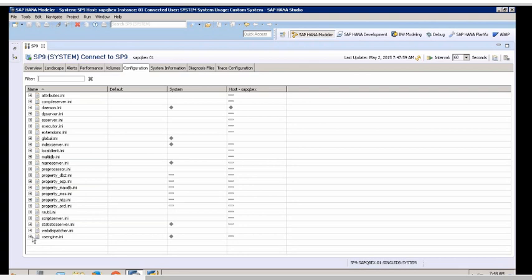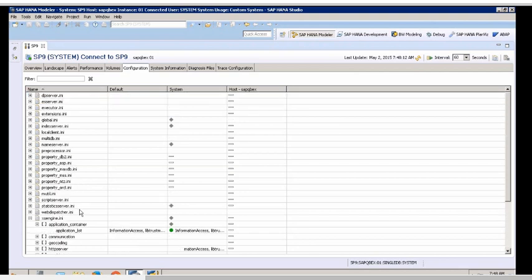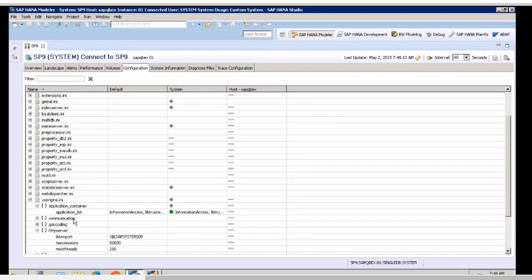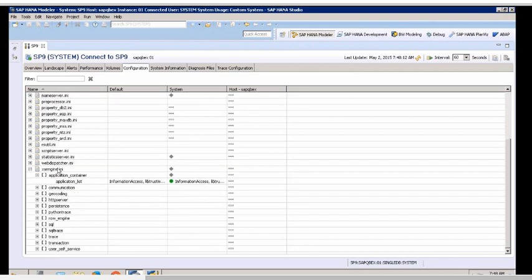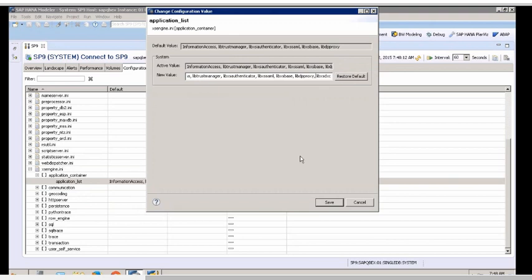When I expand this file, let's say I want to go to application content and HTTP. In this accessengine.ini, I can configure all the properties specific to the Access Engine server. I told you Access Engine is a platform where you can deploy your applications on top of it. So in the application container you can specify which applications should run.